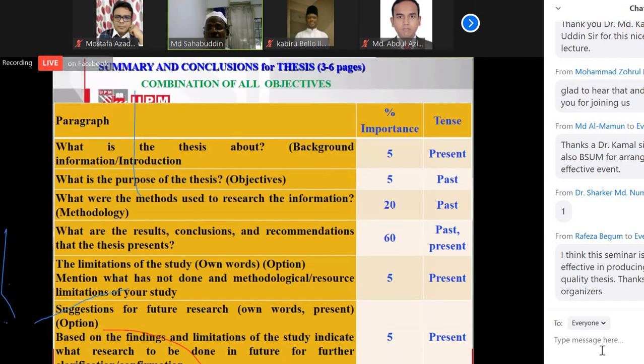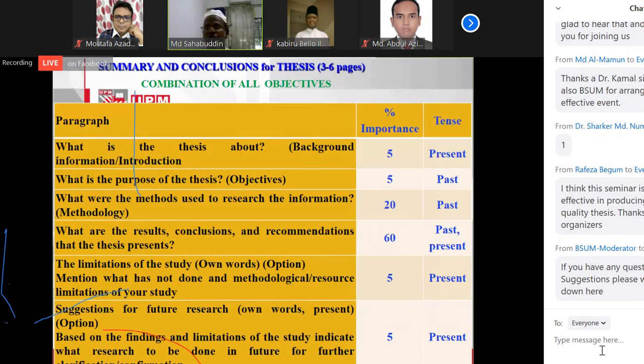Out of the 100 lines, the first key point, how many lines? The second key point, how many lines? So just tentative, plus minus. It cannot be fixed, but you can maintain the plus minus percent importance. So this is also helpful to maintain the quality and also systematic information. So this is also a technique for the KSI. And also we have to be careful about the tense. Because out of the 6, all are not the same tense. Some are past, some are present. So we have to be careful which are the present and which are the past.